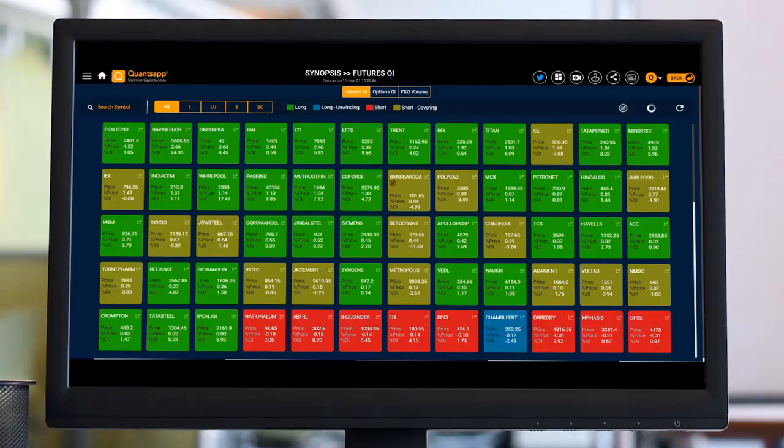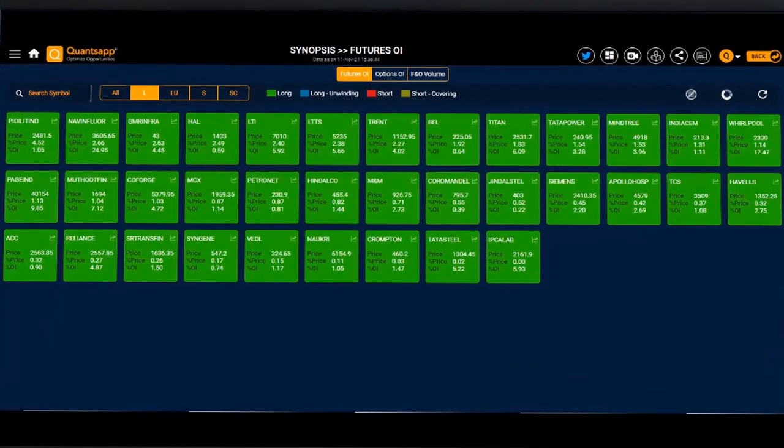Now what this does is it shows us, on which futures contract, what build up has been observed. Okay, so the stocks highlighted in green color indicate something positive. Something positive is going on in those stocks, indicating a long build up, wherein we get to see all the stocks which have witnessed a long build up, where the price of the stock is going up along with the open interest going high. So that is my long build up, wherein even in rising prices the bulls are still participating.